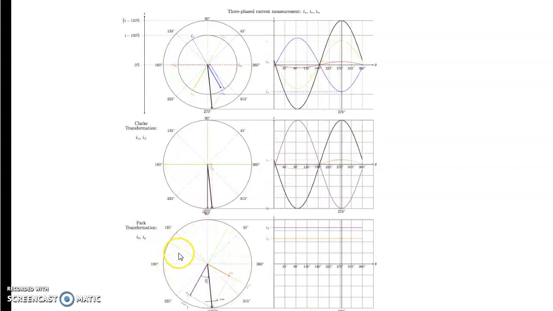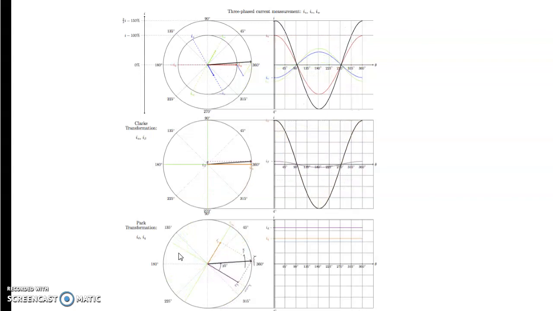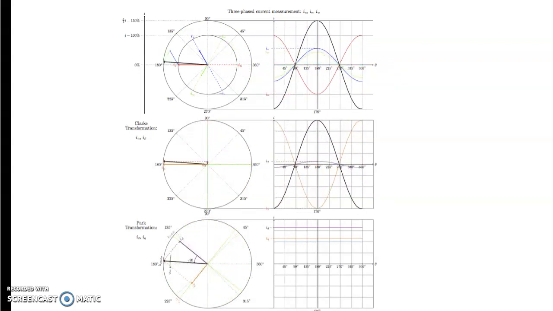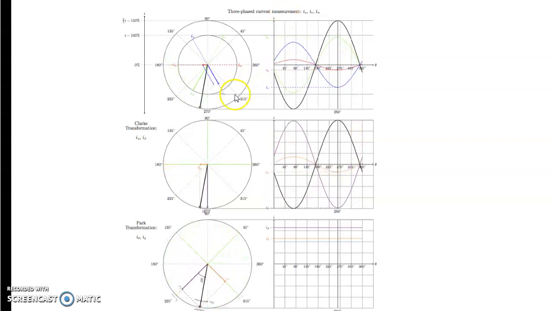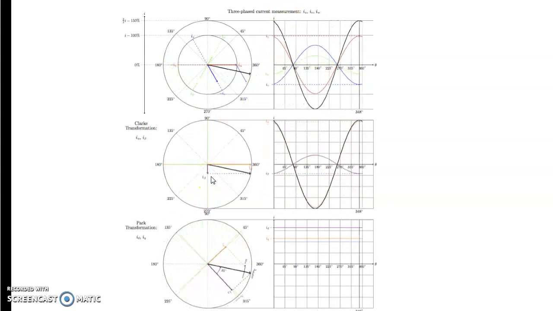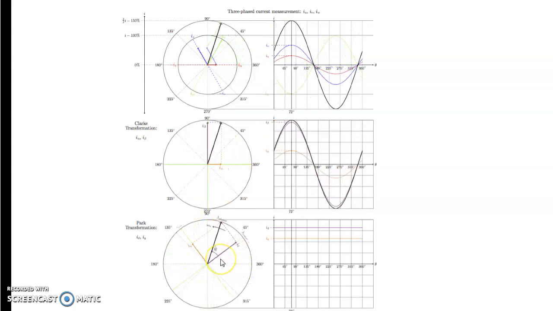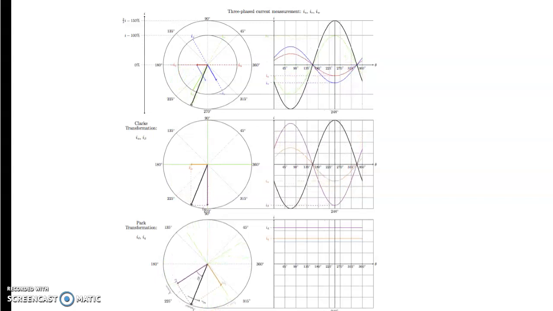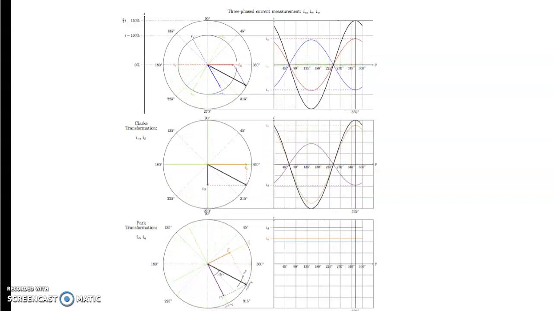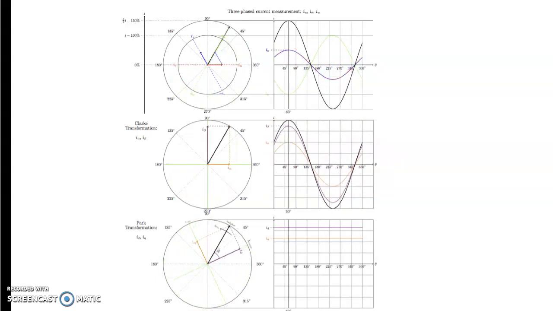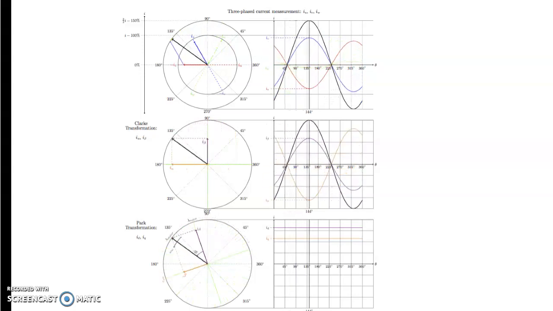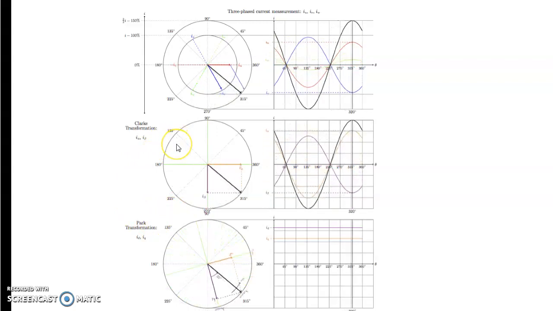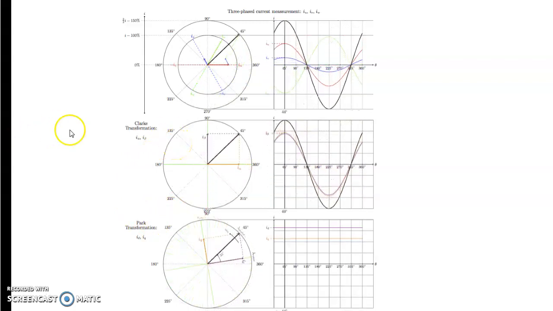I will discuss the mathematics of the transformation, that is, how mathematically you convert three-phase ABC to two-phase alpha beta, then how two-phase alpha beta is converted to the rotating frame DQ. There is a transformation matrix by which we transform the ABC quantity to alpha beta, then alpha beta to DQ. That also I will discuss in the next session.